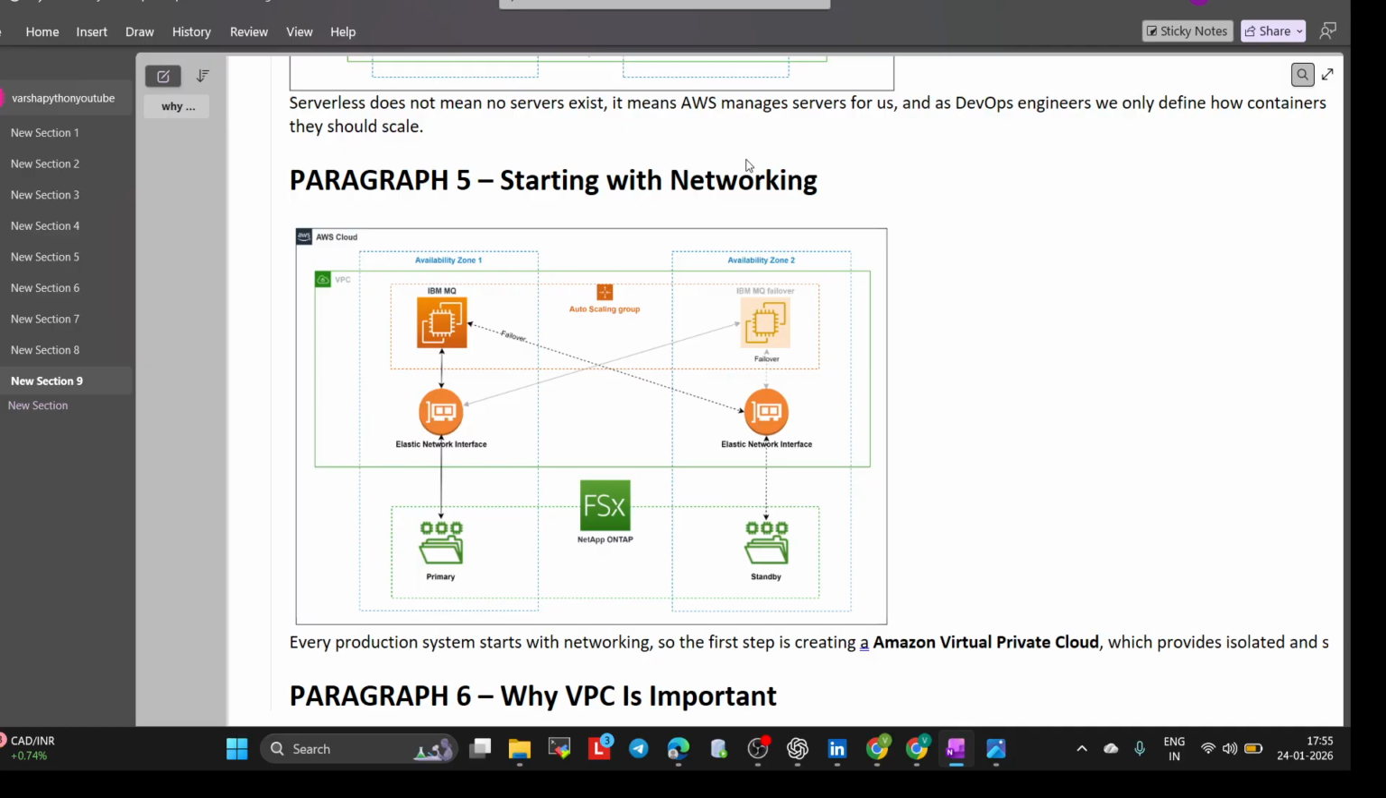Public subnets are those that have a route to the internet gateway, meaning resources inside can directly communicate with the internet. Private subnets, on the other hand, do not have direct internet access, and this separation is done mainly for security reasons. In ECS Fargate architecture, we place the application load balancer in a public subnet because it must receive traffic from users over the internet,